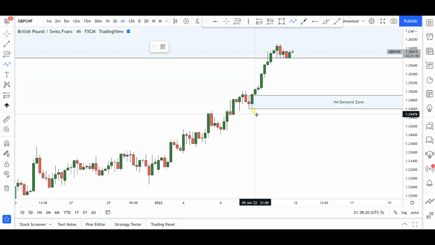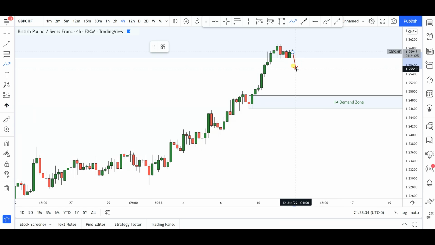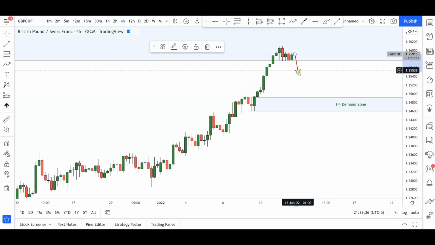Well, your job as a trader is to just continue to follow the markets and understand the story that is being told by the markets. Okay, so right now it seems like we have topped out at this area right around 1.2600 institutional price level. So if from here the bears come into this market, what I would love to see is for price